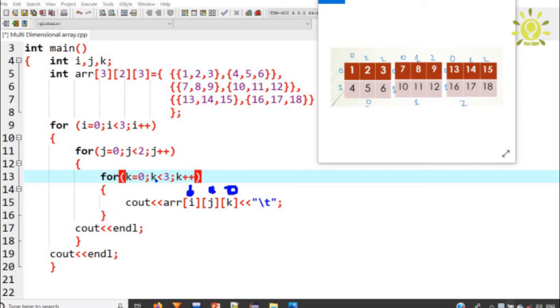So it will be changed into 1, less than 3. So again it remains same 1 0, but k will be changed into 1. So you can see that 1 0 1. So 1 dimension, 0 row and 1 column. So 8 will be printed on the screen.